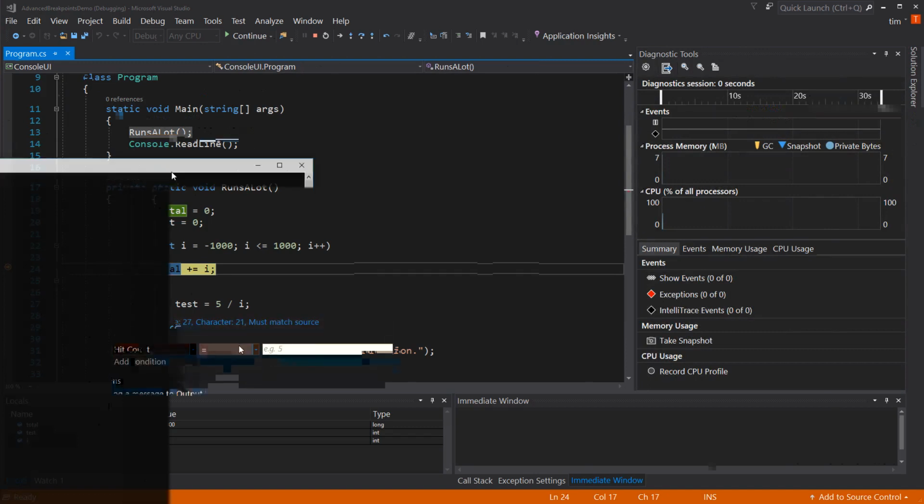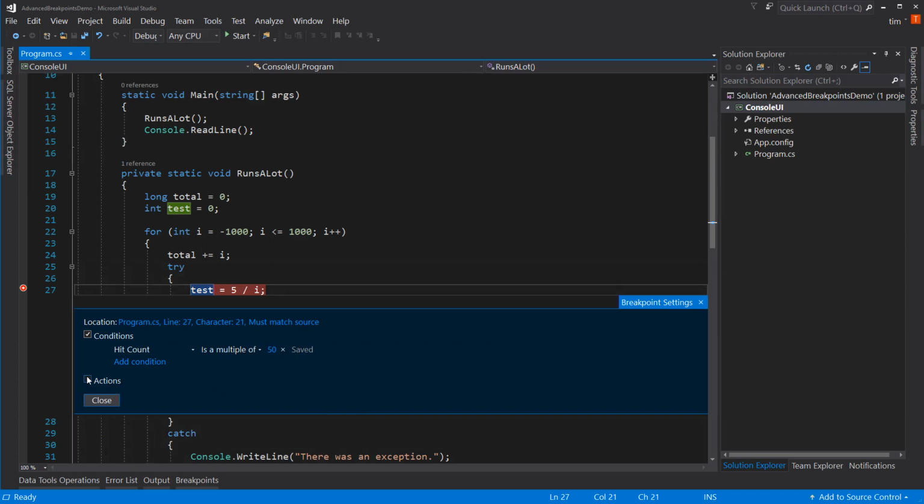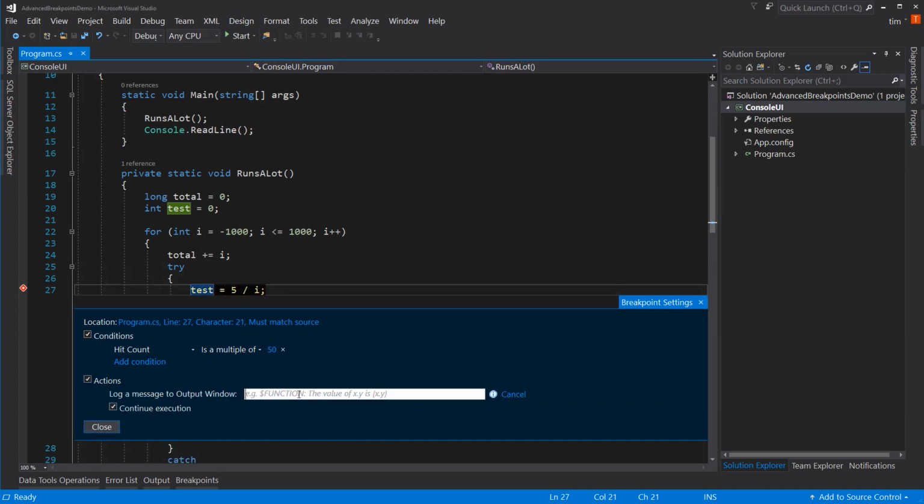The counter was a multiple of 50. Okay, so we can kind of put those two together. Notice we can actually put values in here. It's just typing. So if I said action and I typed the value of I is, I have to use my curly braces and then put I. And those curly braces work just kind of like a string interpolation, where whatever's inside the curly braces is actual